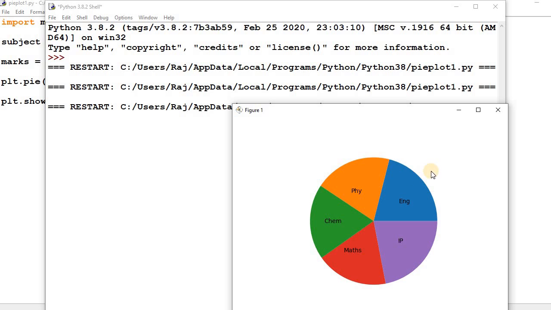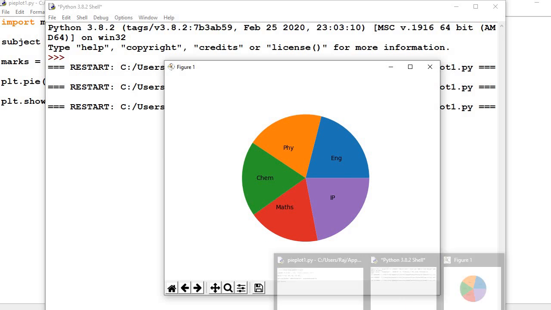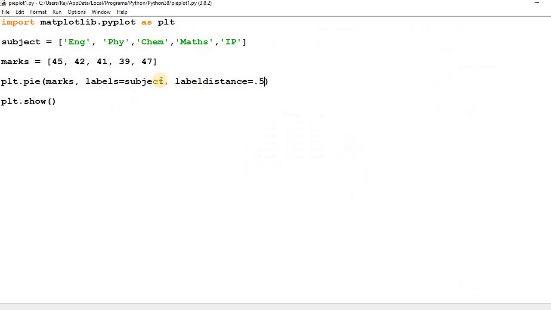If you want to display here, that is 1, and if you want to reduce, 1.5 is displaying here. So we can use the label distance as per our need. On which place you want to set your label, you can adjust the label distance.